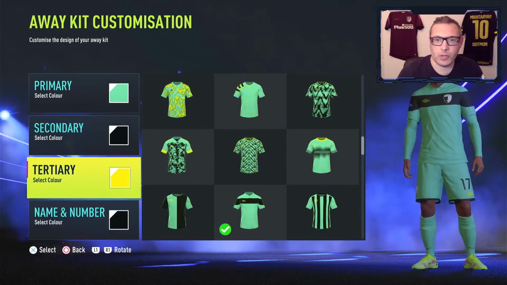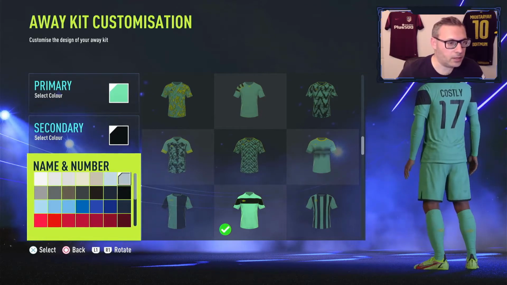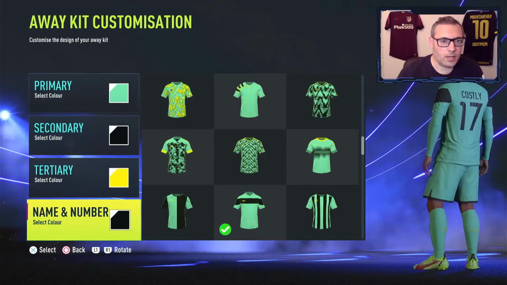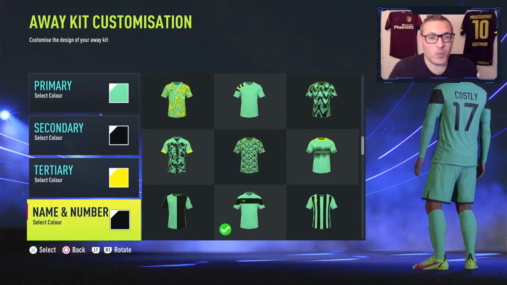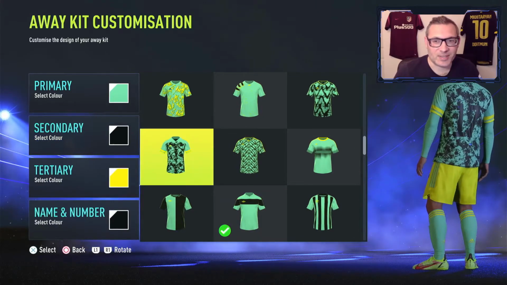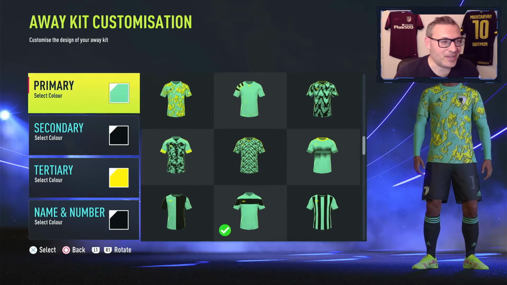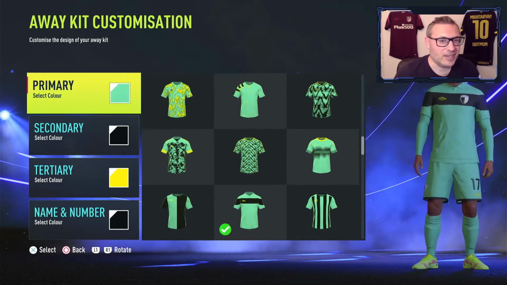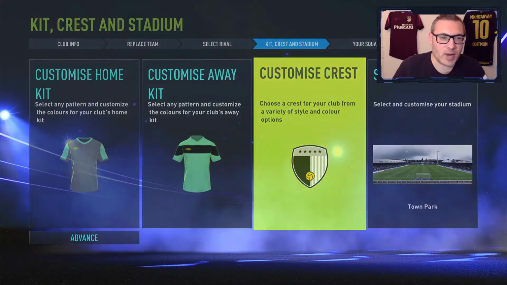So there we go. Name and number on the back is going to have to be black, I think. Oh, do you know what it is? If we were Adidas here, there's some absolutely wild strips. These are crazy. So maybe when we get promoted, that'll be quite fun. But now we're going to stick with them, but we'll be modest in terms of the crest